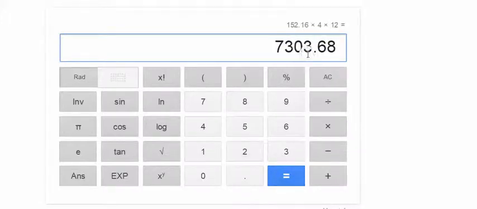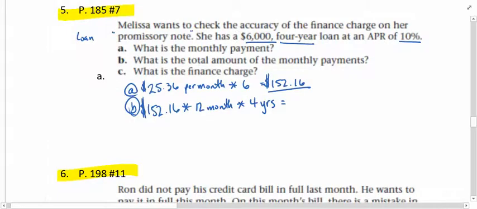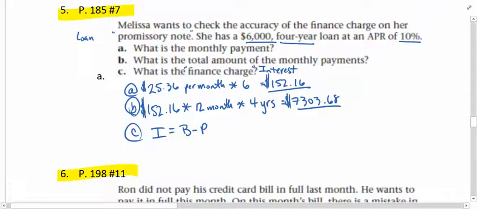So on this $6,000 loan that she took out, she's actually repaying $7,303.68. We can calculate the finance charge, or the interest that she owes, by simply subtracting the total payment, or the balance of the loan, minus the principal. So if you think way back to our rules from last quarter, interest is equal to the total balance minus the principal. So in this case, the interest or finance charge, you can call this finance charge or interest, is